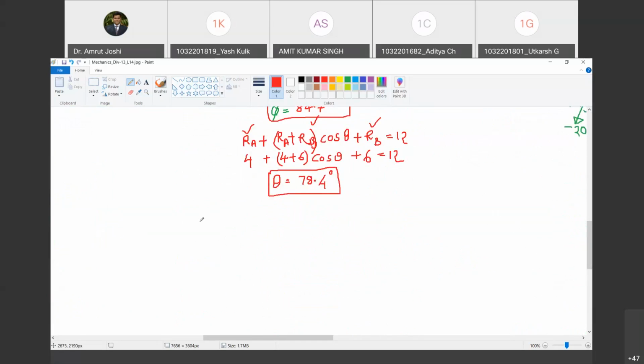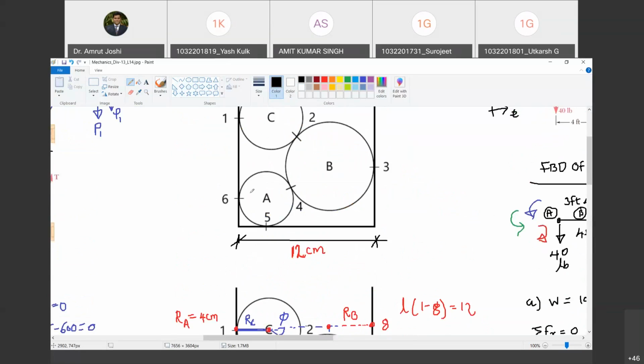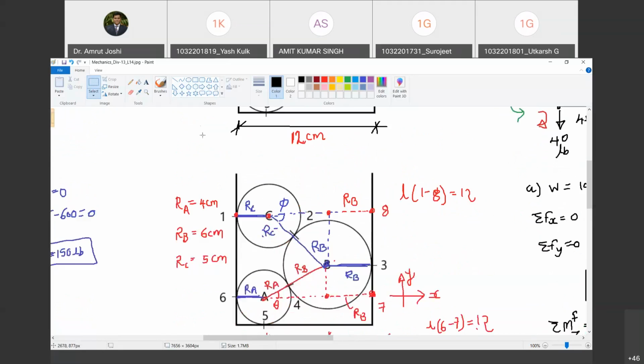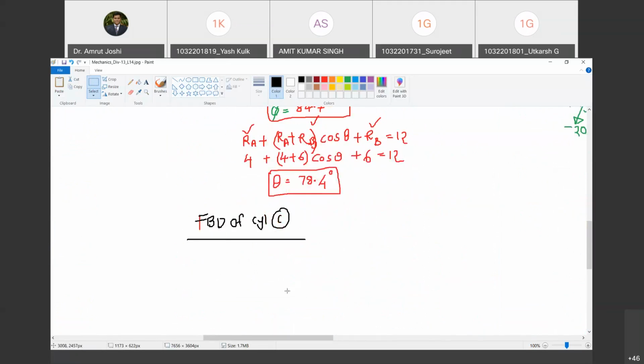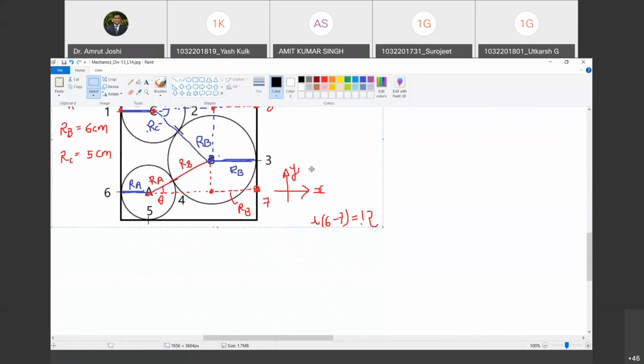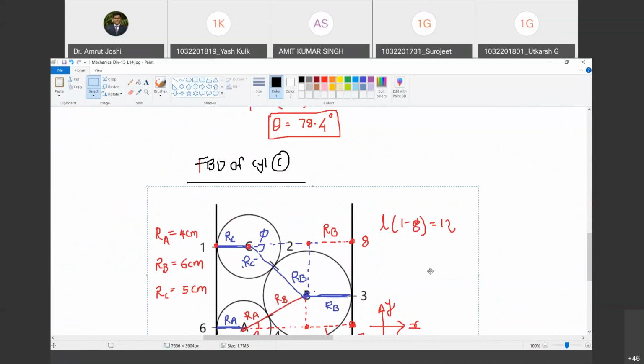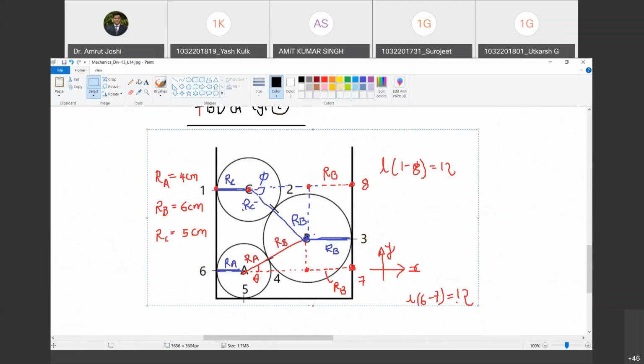So let us start with that. So I am going to first draw free body diagram of cylinder C. Are you with me? So now free the body from all external agencies. Now I will copy this figure down so that it is easy for us to draw the free body diagram. So free the sphere C from all external agencies.